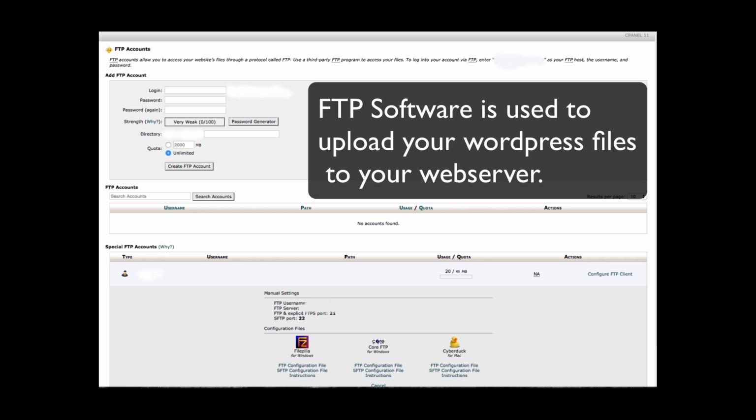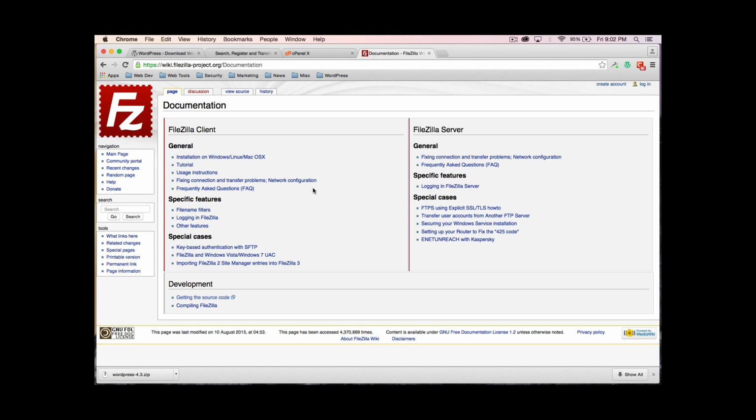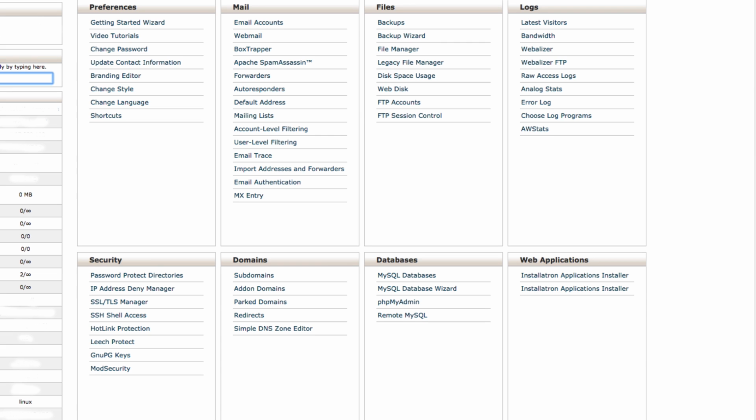So once you download the configuration file, you're going to need FileZilla on your computer, if you don't already have it. You would go to filezilla-project.org and you would download the version for your operating system that you need. And if you need help setting that up, you can just check out their documentation page, and they give you a wealth of information on how to use the software to upload your files from your computer to your web host. So you would just download that and set that up, and then you're going to have to go back to your control panel